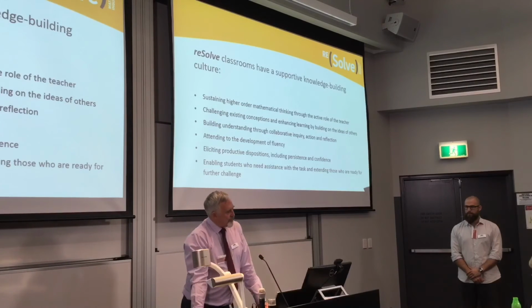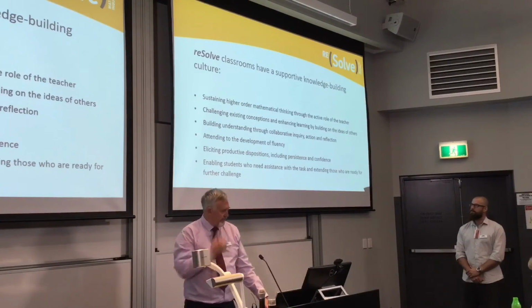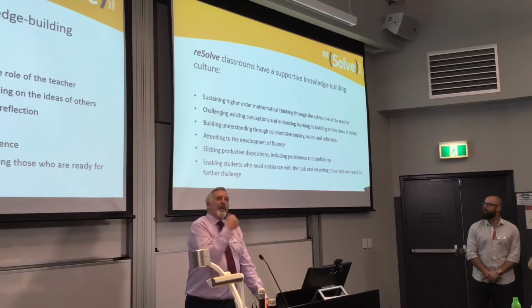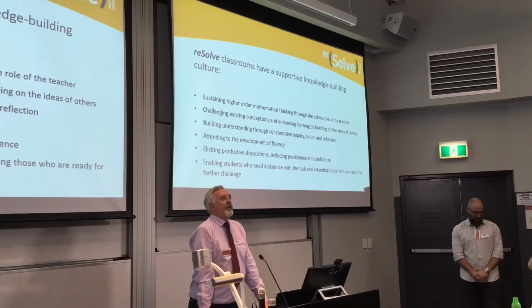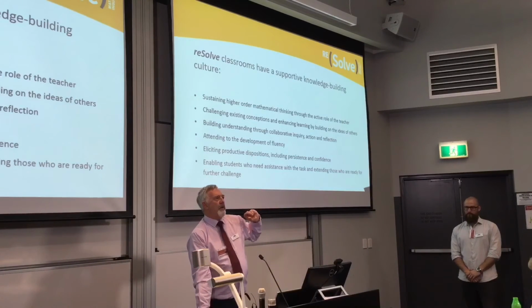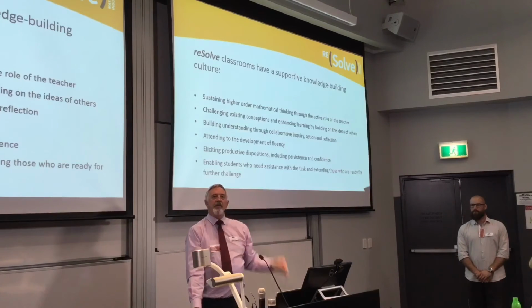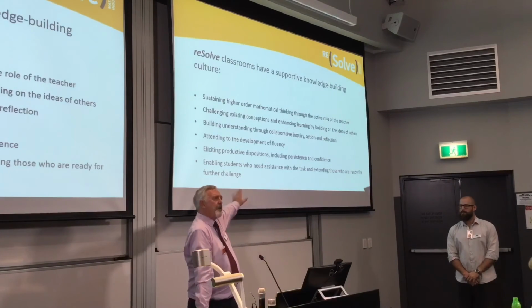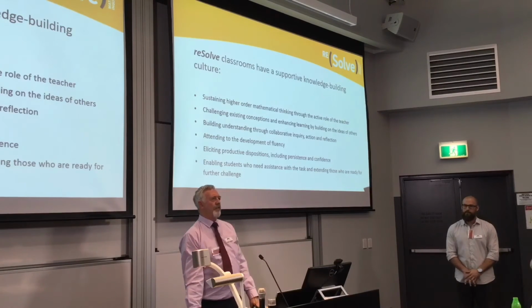I want to highlight the fourth dot point here, which looks a little bit odd in the context of that lesson. We think one of the really important dimensions of mathematics is fluency. We want to highlight fluency in a little bit of a different way to the way we might traditionally think of it. I think it was a problem-solving lesson, sure, but I think it also does fluency